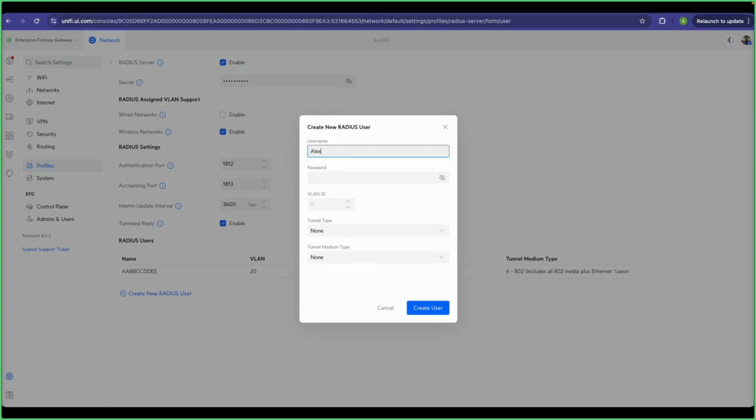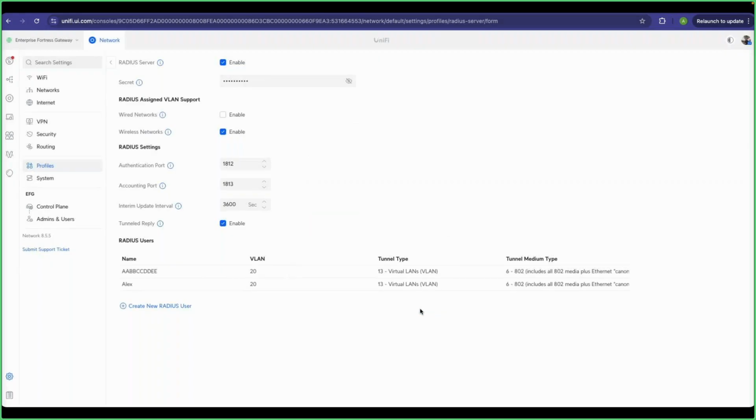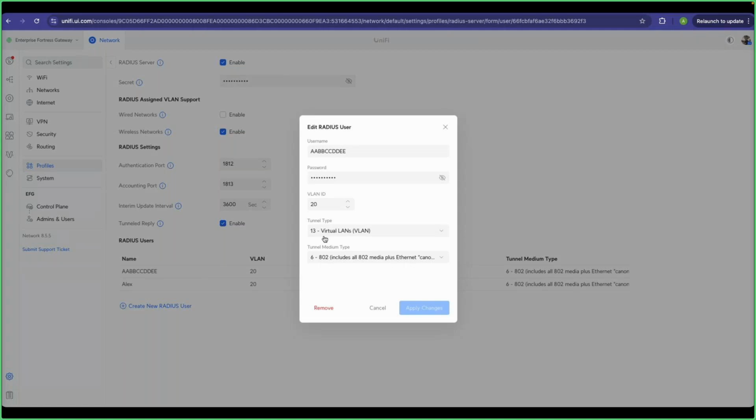This can either be a Radius user that's a username and password, or it can be a MAC address as well. Just make the username and password the MAC address of the device, and then based on that device connecting to the network, it'll go to the VLAN that you specify. It automatically sets the tunnel types, etc., and when that user connects, they will be on the correct